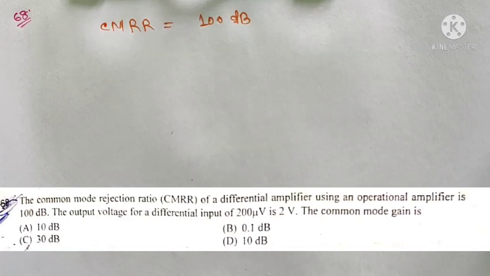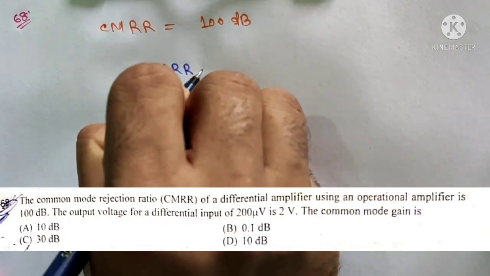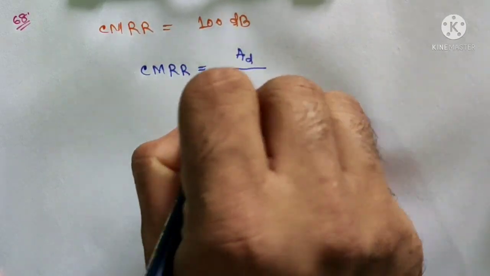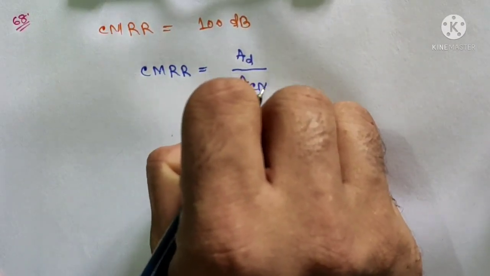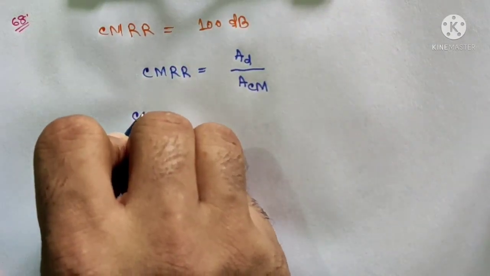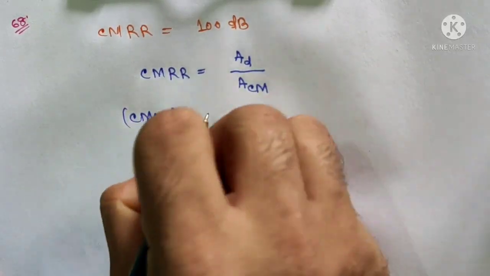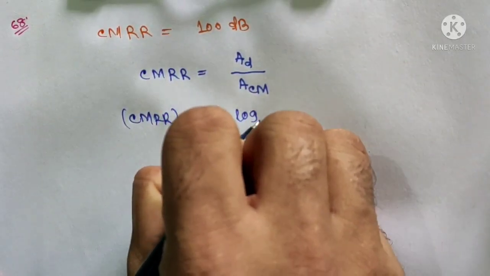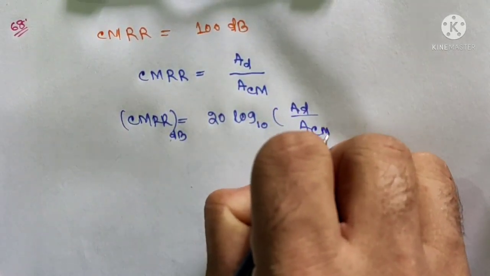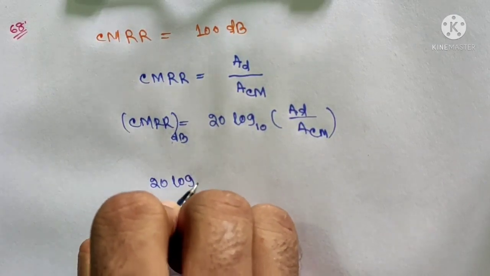We know common mode rejection ratio CMRR is given by ratio of differential voltage gain to the common mode gain, and CMRR in dB is given by 20 log base 10 AD by ACM. So from here 20 log base 10